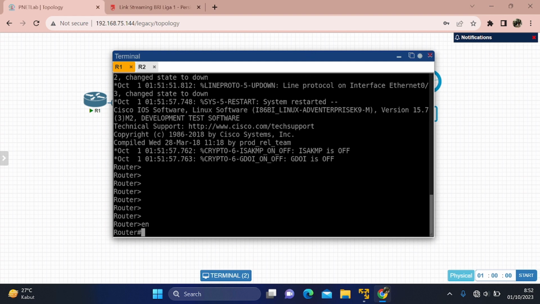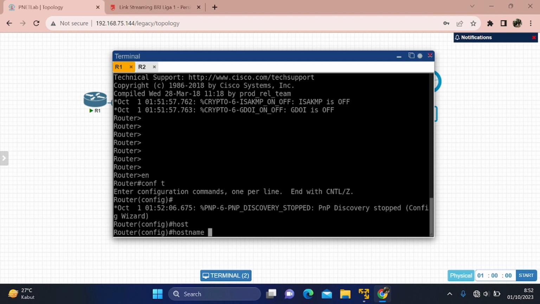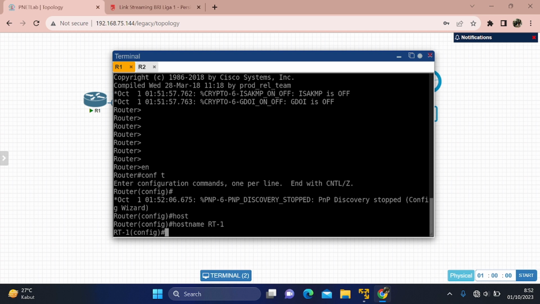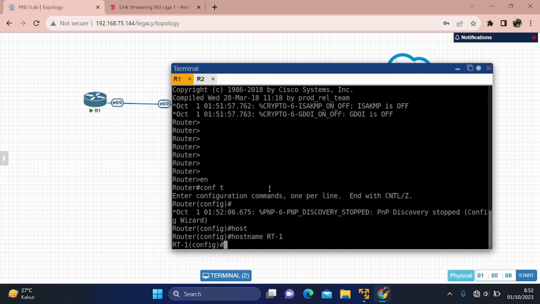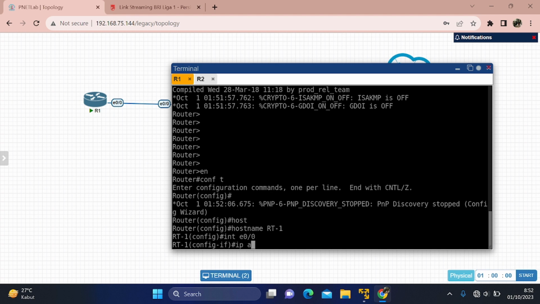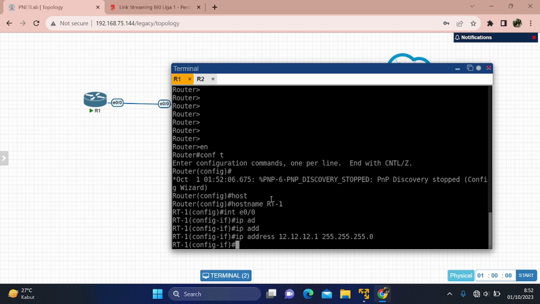And then enable, configure terminal, and then the first you must change the host name RT1, and then in this interface you must add the IP address. Interface 0/0, and then IP address 12.12.12.1 255.255.255.0. After that you must no shutdown,